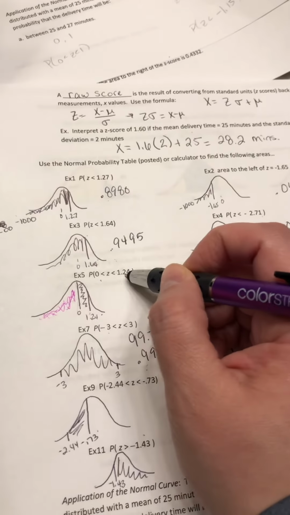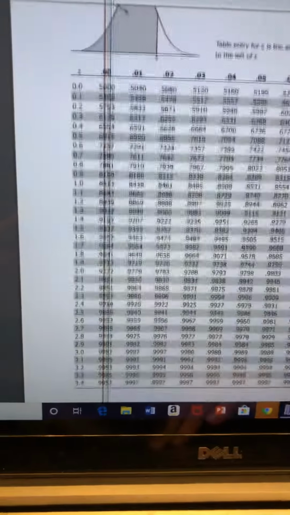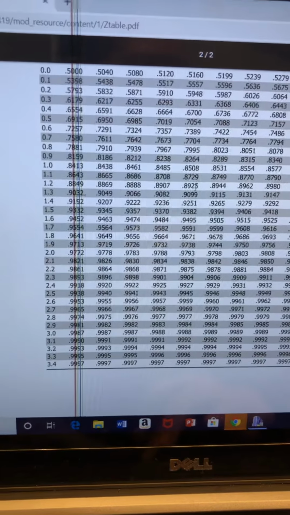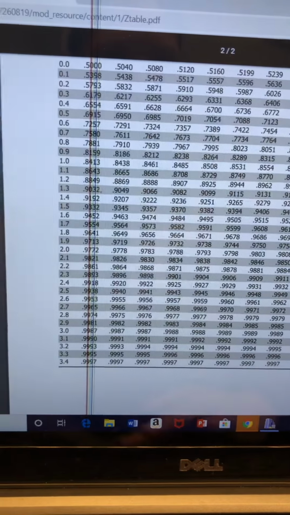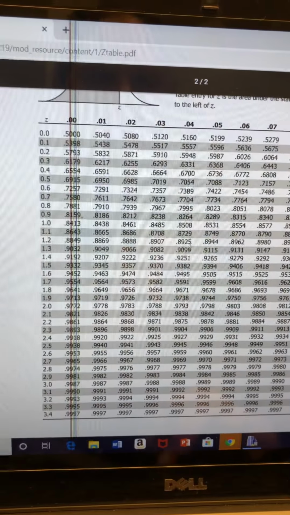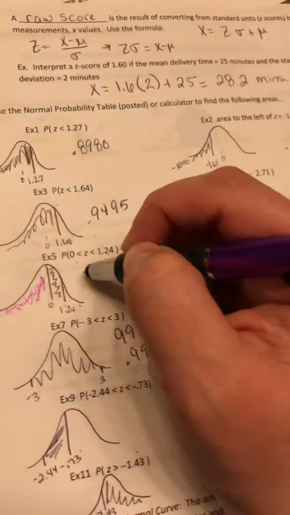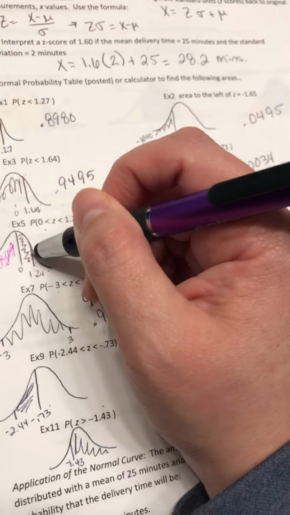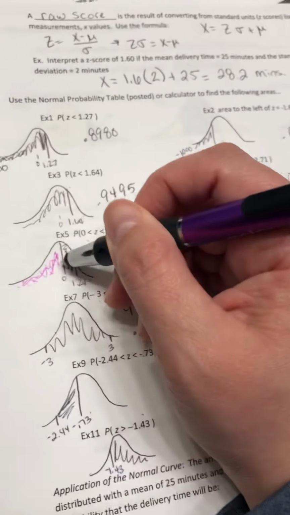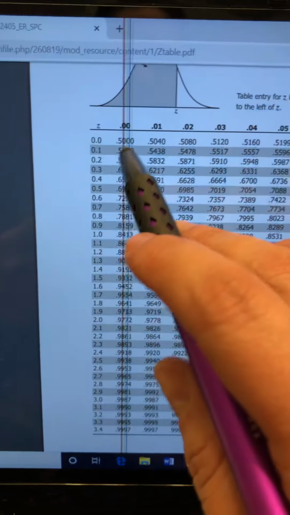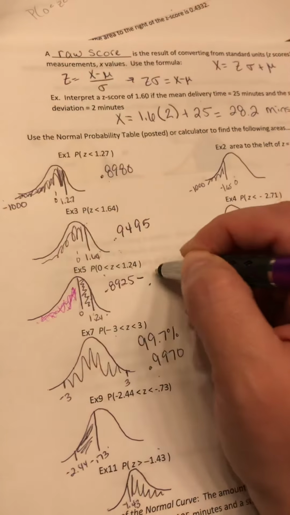So for this one, 1.24, if I use the chart for this, I have to go down to 1.24. 1.2 over to 0.04 is, I think, 0.8925. I scrolled down too far, I can't read my 1.2 over to, yeah, 0.8925. So I will do minus, because remember that gives me all of this, including the pink. So I want to subtract off to the left of 0, which is 0.5. If you don't believe me, you can look on the chart, it's 0.5. So minus 0.5, and I get